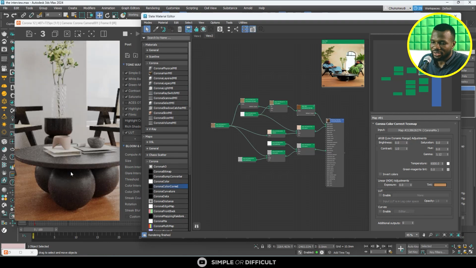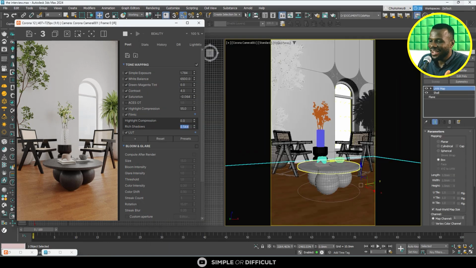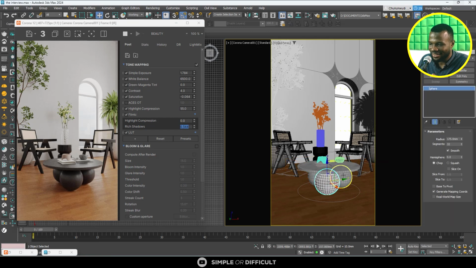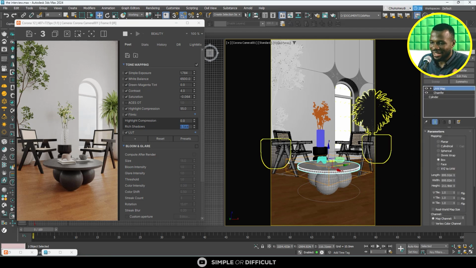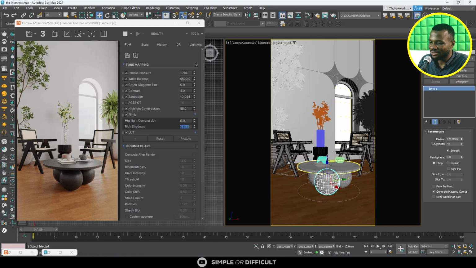Or we can work on the material of this, because I actually did this material myself. Like I said, I modeled this table myself. I could have downloaded it, but I'm like, this table is actually very simple for me to model. I don't have to spend $7 to get it. So I just modeled it. And it's very simple to model. Like I said, see, this is the top part, and that, and that, and that. So I'm just going to reapply materials to these things so that we can just, you know,